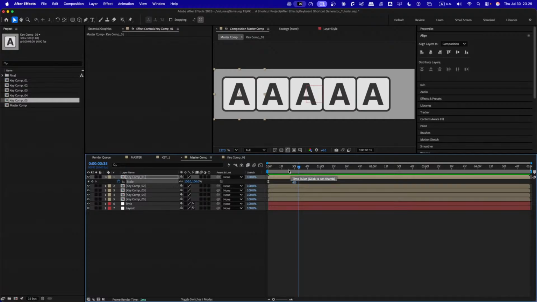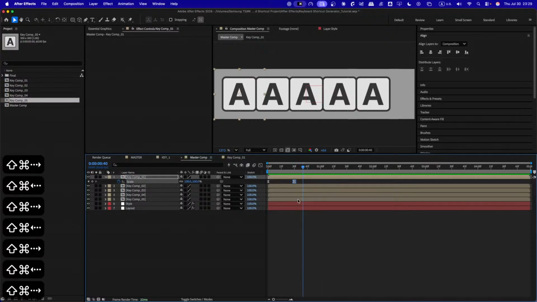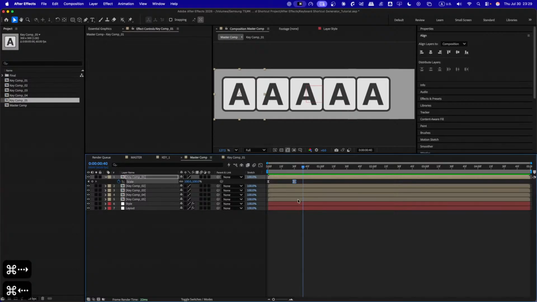Instead of just appearing, I want this key to give a subtle overshoot. What I mean is, I'll jump 10 frames further by pressing Command Shift right arrow, and left arrow to go back. I am just jumping 10 frames. If you want to jump a single frame, just hold Command and jump, or on a full size keyboard you can jump by Page Up and Page Down also. So I'll press J and take 10 frames,